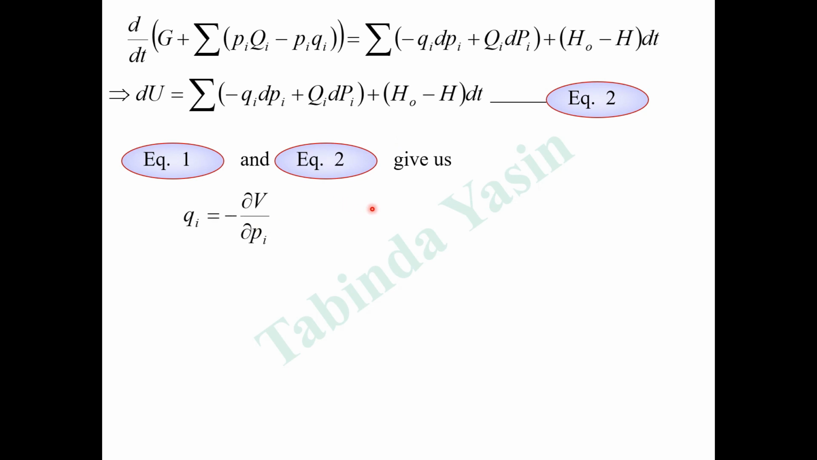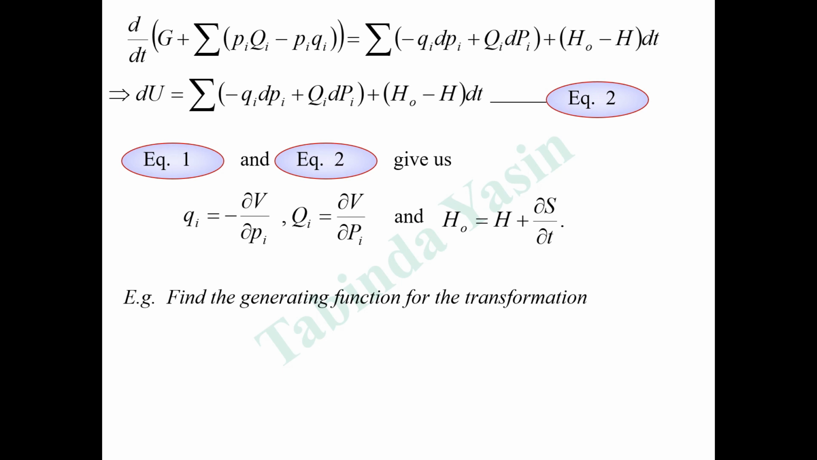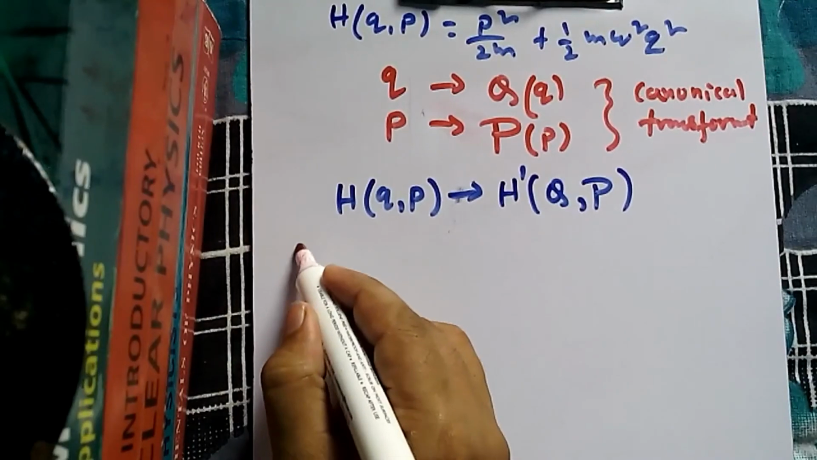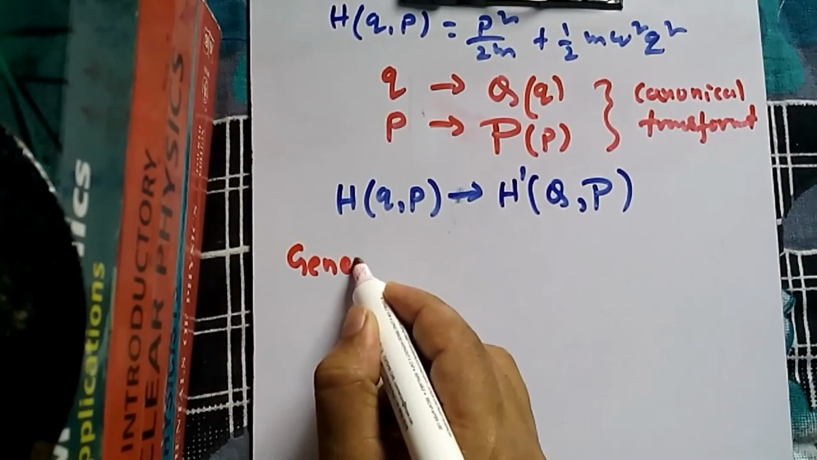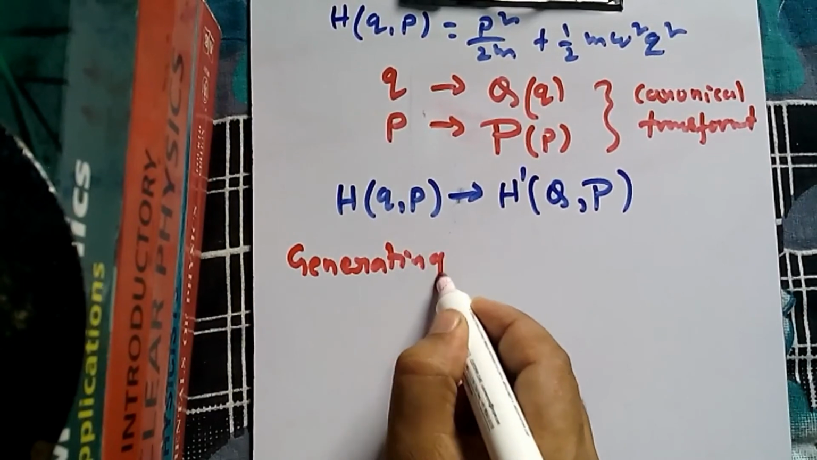From equations 1 and 2 gives us summation q_i is equal to minus partial V over partial small p_i, capital Q_i is equal to partial V over partial capital P_i, and H naught is equal to H plus partial S over partial t. Now find the generating function of the transformation p_i, q_i to capital Q_i is equal to P_i. Generating function. For that, first of all, we will see some of the generating functions